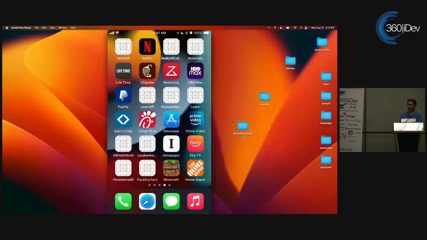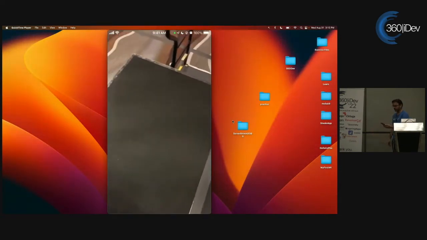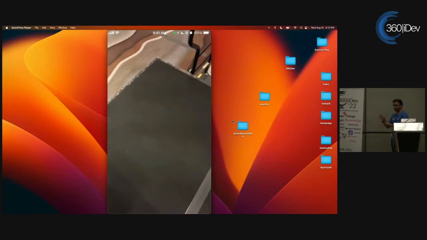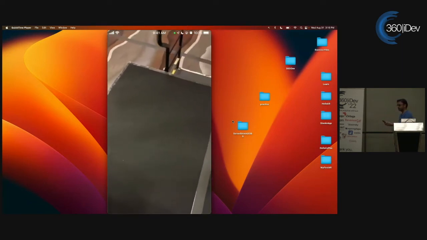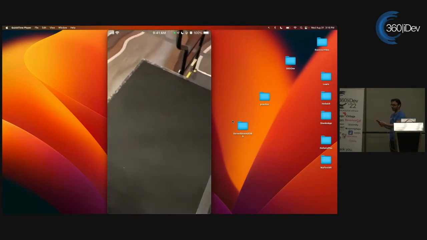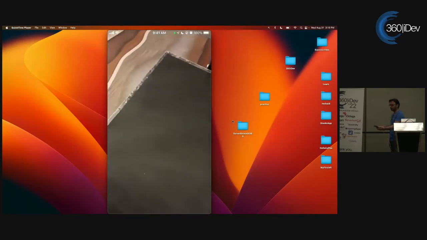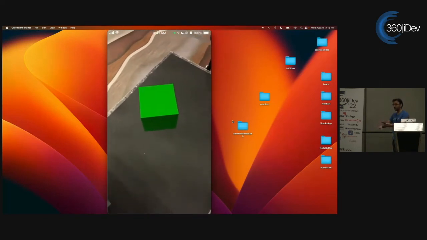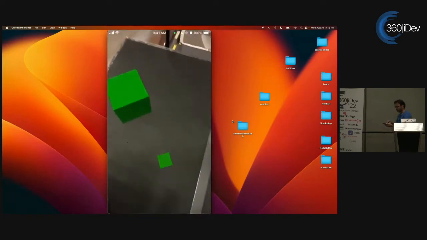All right, so let's see if we are able to do that. And let's see if we can detect it over here. This is a little bit close by, so we should be able to do it. We should see a green box whenever the plane is detected. That's our hint that the plane is detected successfully. If we don't see the green box, then it means it's still working, or it kind of failed to detect the plane. So you can see it's still working. It's not able to detect anything right now. Here we go. All right. So now we're 100% sure that the plane is detected, which might be this platform where I'm standing. Now, if I add something,